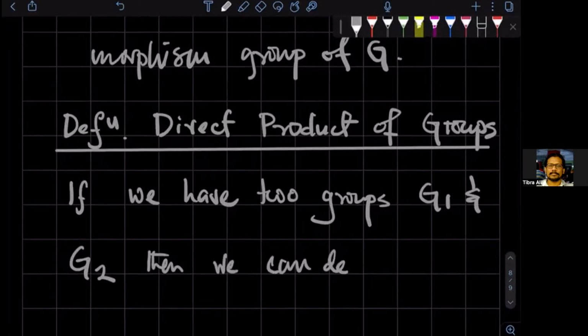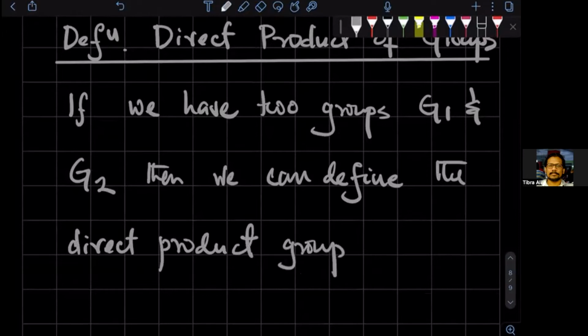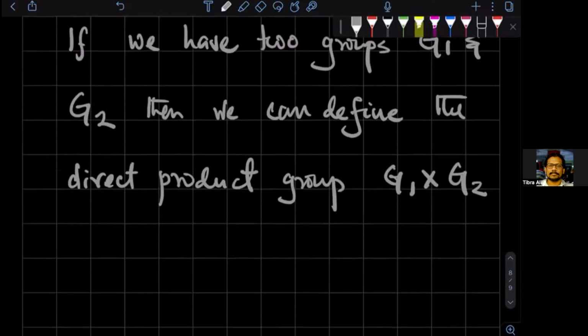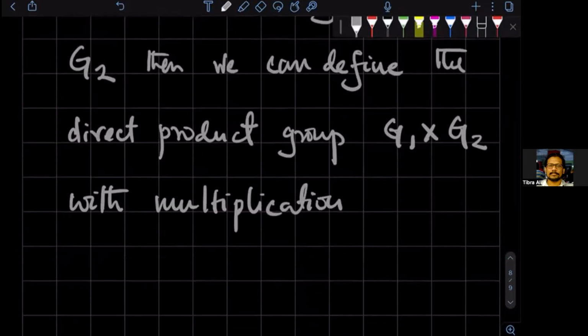we can define the direct product, or the direct product group, which is denoted by G1 cross G2, with the multiplication given by,